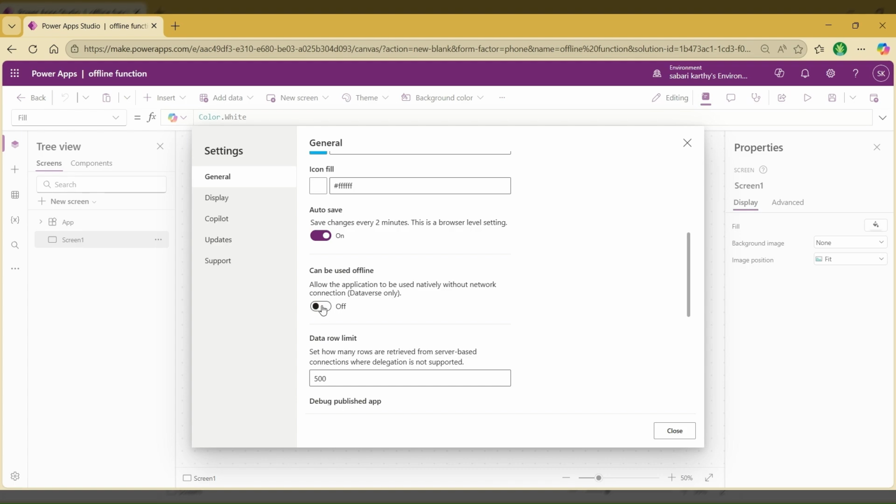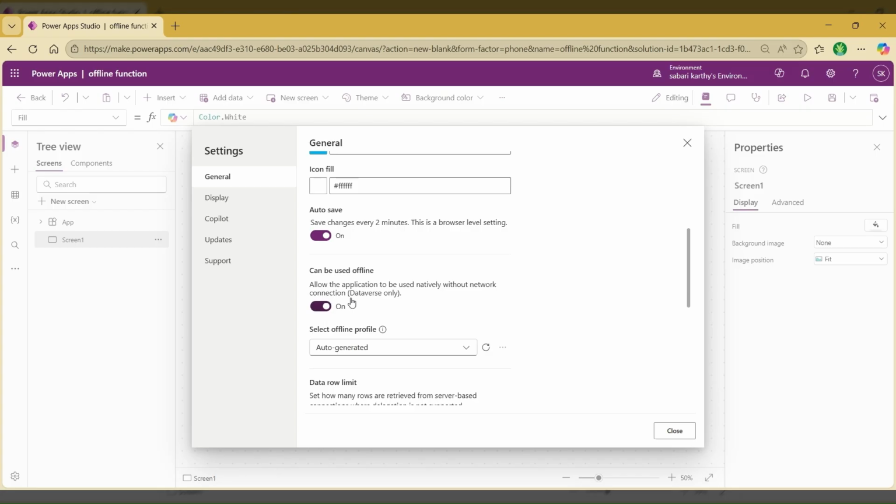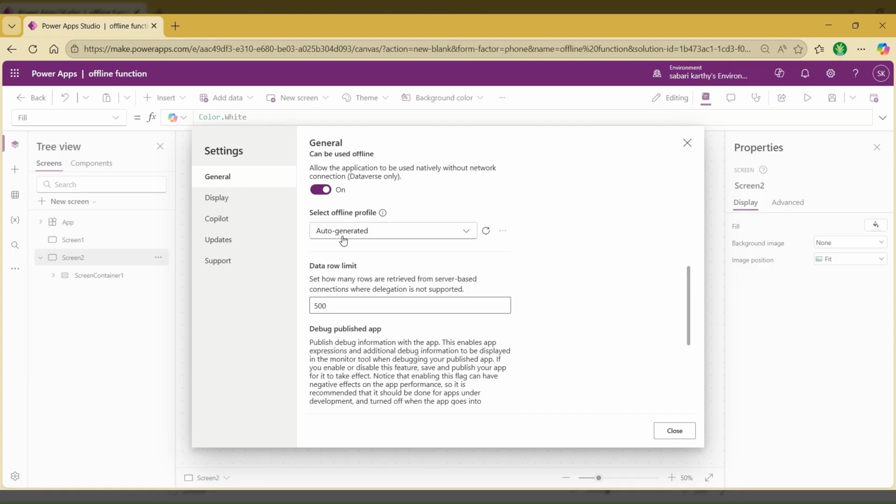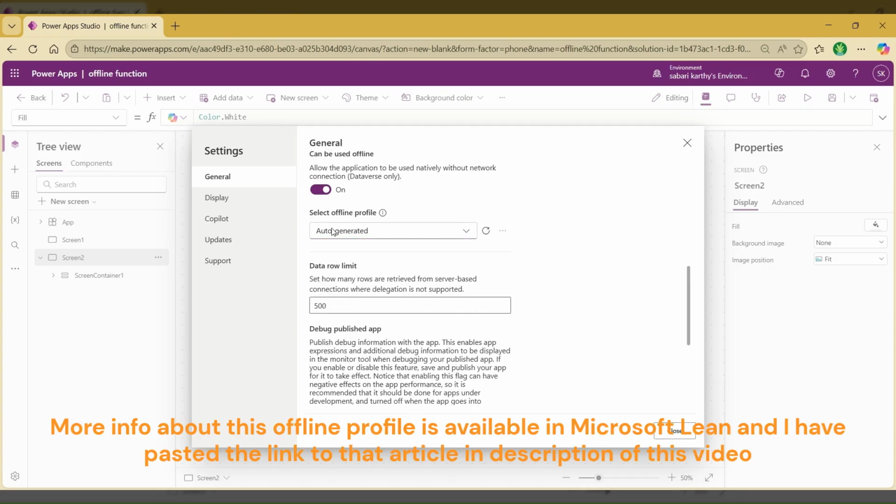So you need to make sure you turn this on, and once you turn it on, you will see select an offline profile, and you see an auto generated option available. If you want to create a new profile, you can go ahead, but I would like to go with the auto generated profile. So since we have turned on this feature and this offline profile is selected,